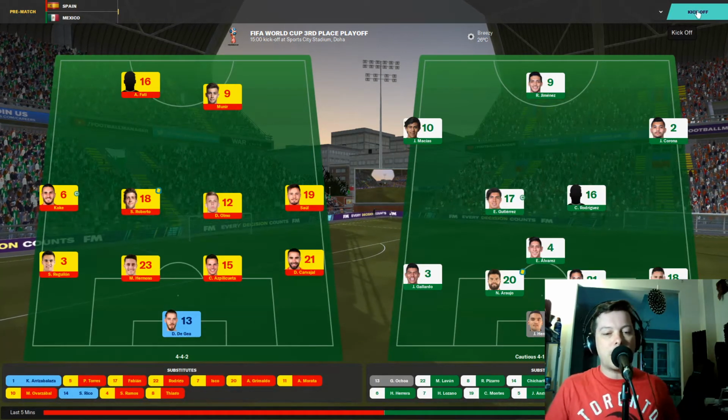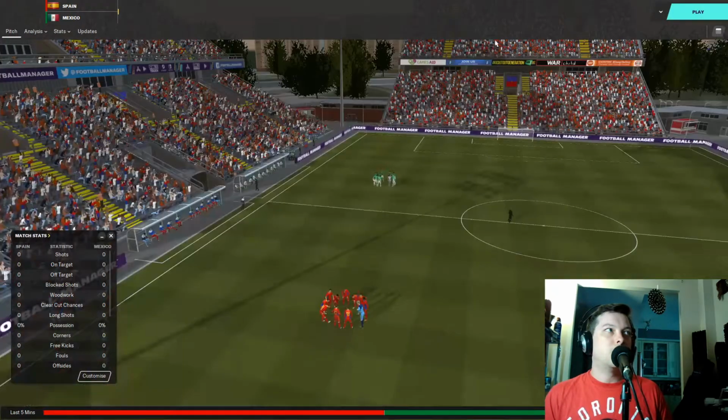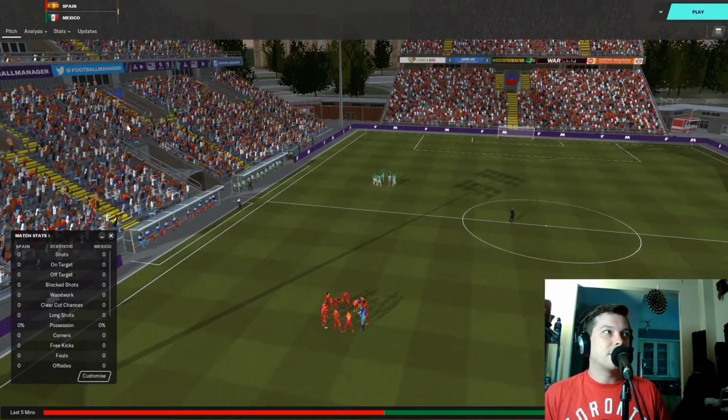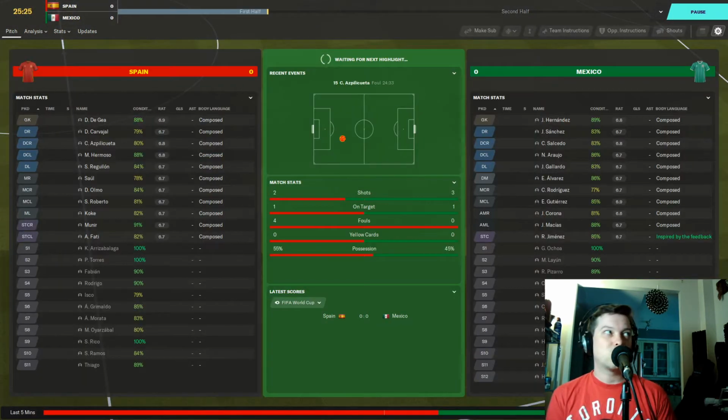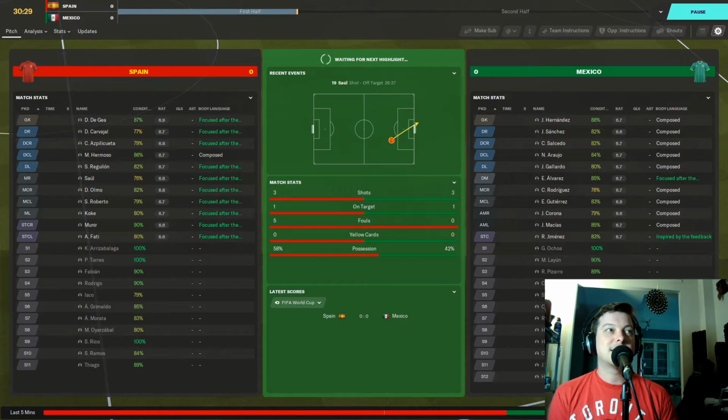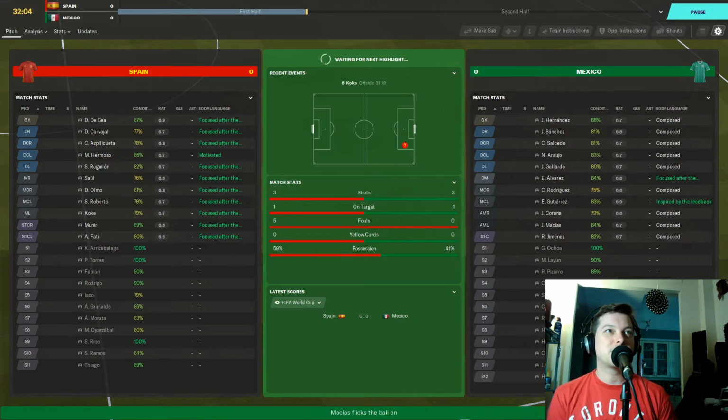So let's go. Kickoff, first half. Ooh, big Spanish support. Look at that. Big Spanish support in the stands today, and we kick off. 25 minutes gone, and we haven't even had a highlight yet. Is this just indicative of the third place matchups? They don't really show up for these games. It seems like they're an afterthought for the most part, which makes me question why we even have them.